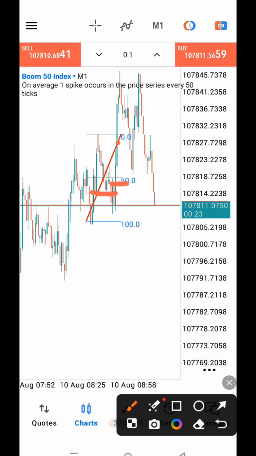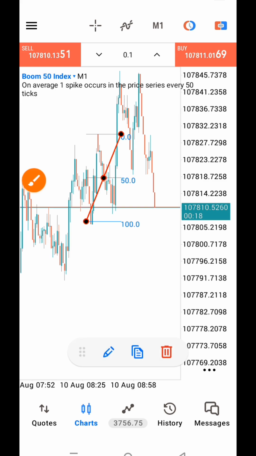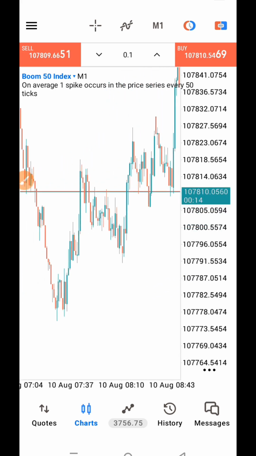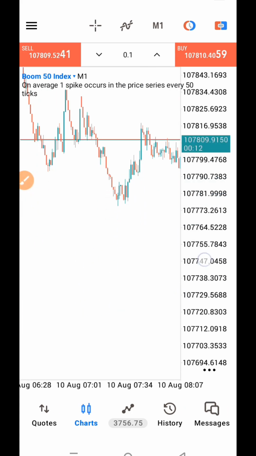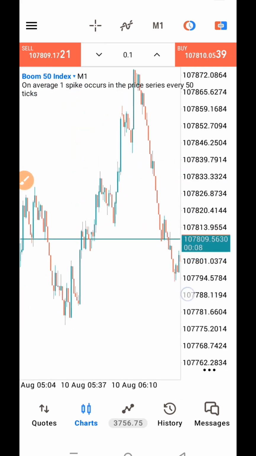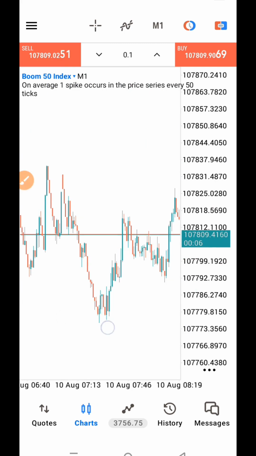You understand? So you will hit stop loss, that is certain. There's no 100% strategy. If that is what you are looking for, you can't get it. You will certainly hit stop loss. That is sure. So another one I see here now.